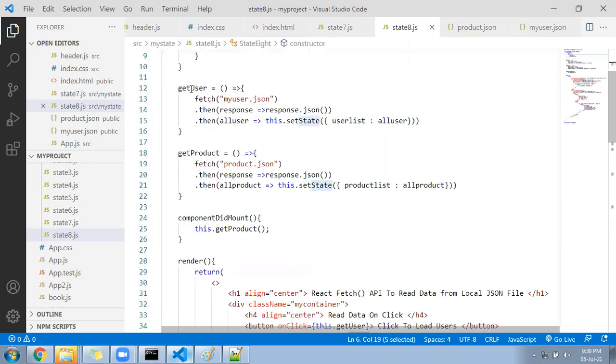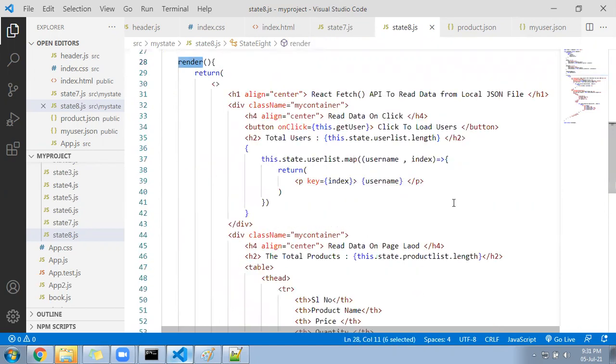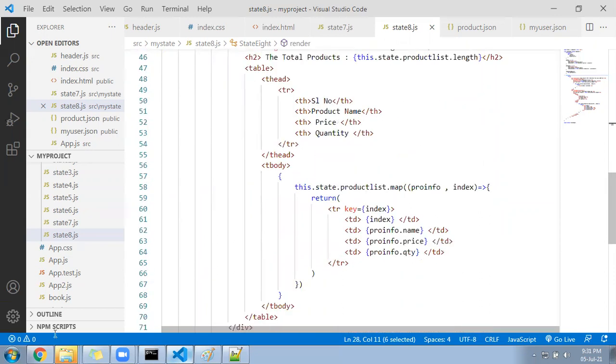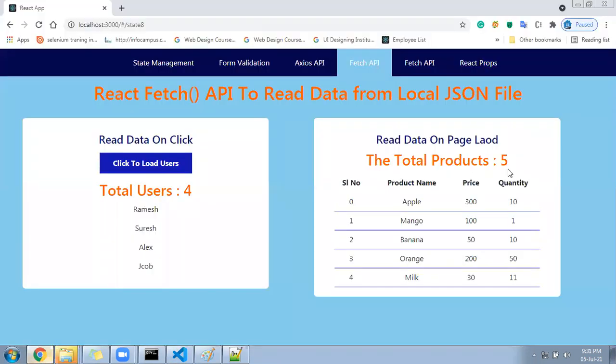We wrote two functions, getUser that we are calling on click, and getProduct that we are calling with the help of componentDidMount on page load, right? Both the functions will call and pass the data to state. That means you are updating the state. As soon as you update the state, your render function will be called and will re-render the page, and whichever changes are done under the state variable, that particular element will get rendered, and finally this is your output.